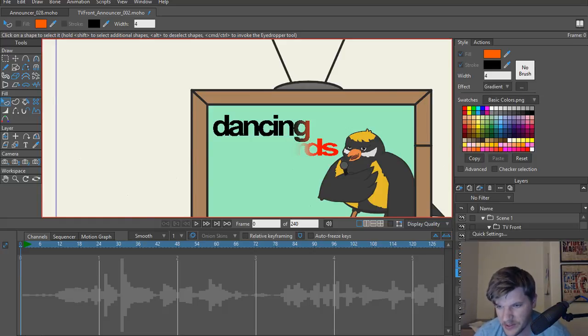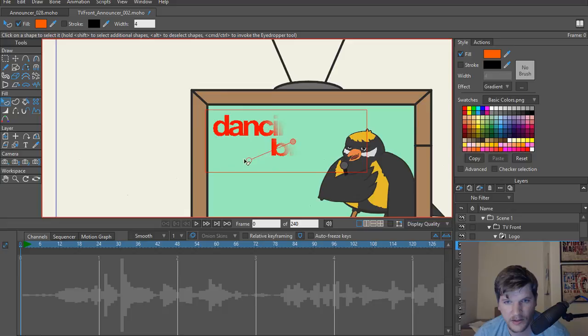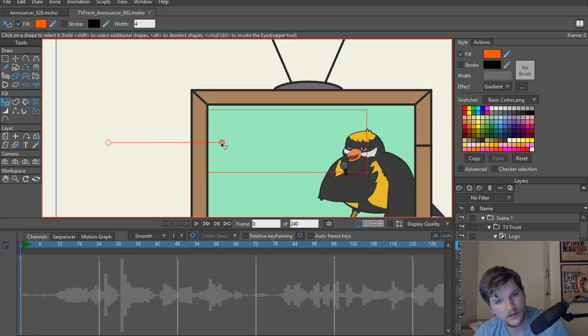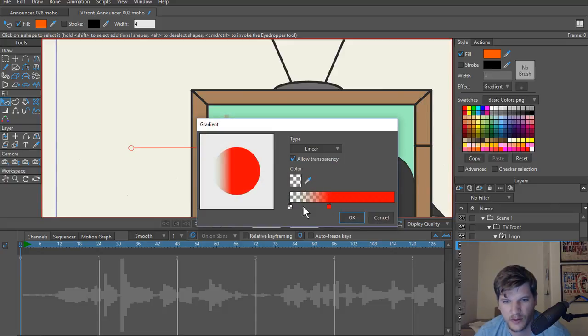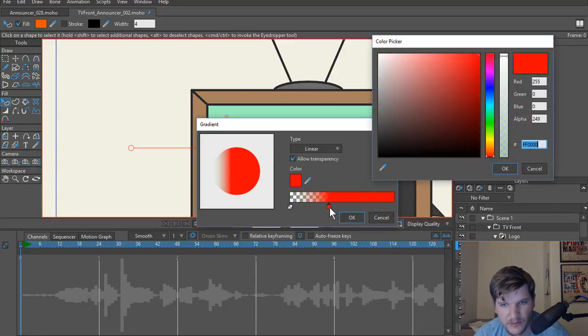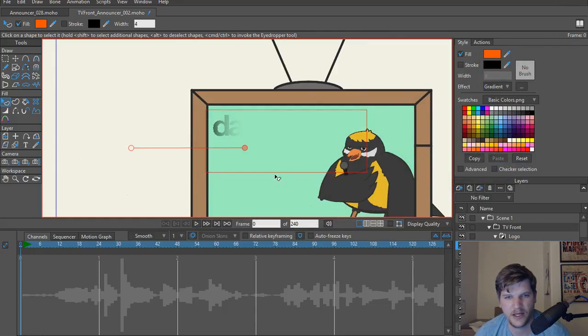So I'm going to do the same thing for these. I'm going to add to mask but keep invisible. And then I'm going to use this mask once I can figure out which way it's supposed to be going. There we go. And then that's how I'll bring it in, just kind of like how they have it. So let's see what color. Why is it red? So let's go back and make this black or whatever it was. Whoops. Oh, that's why it completely changed everything. That's weird. So I'm going to do black. Or maybe that's how I had it. So that's the best way I can think of to have it